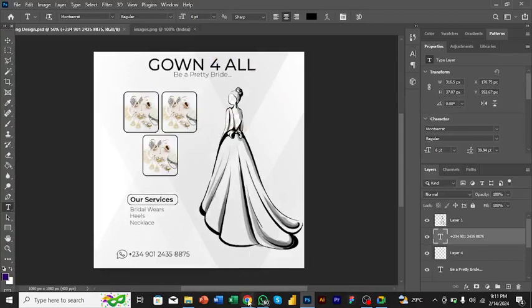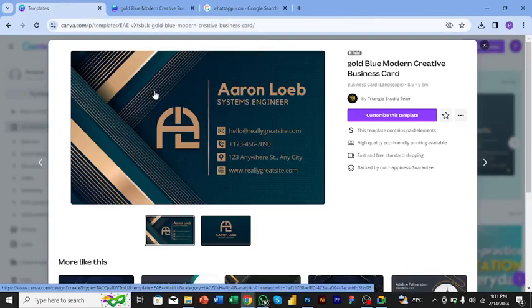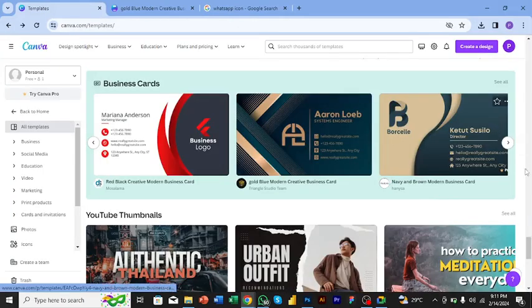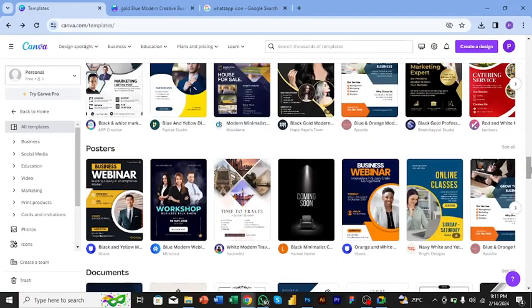if you go to Canva, you have them. You have all those things on Canva if you want to design. Any design templates you're looking for, you can get them on Canva and edit them. You can get bridal designs, bridal flyers on Canva also. So you can edit it if you don't want to create something by yourself. You can edit it on Canva, then save it, then collect your money, and you're done with the